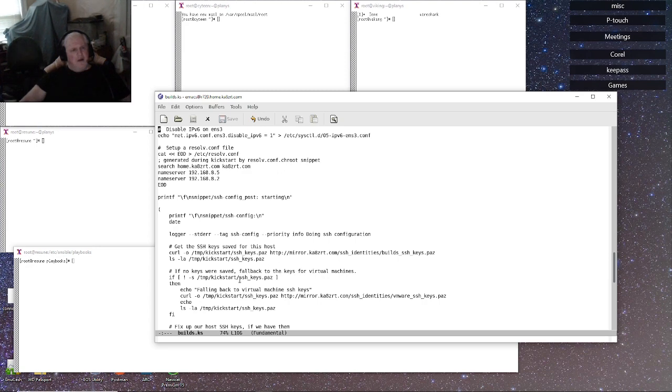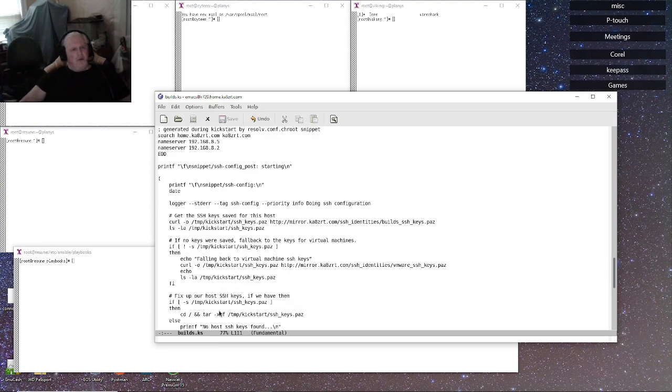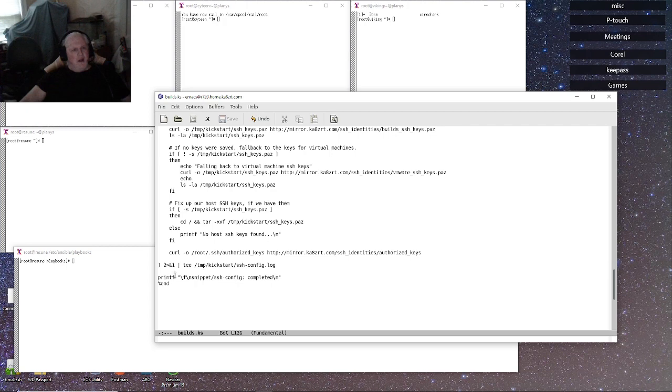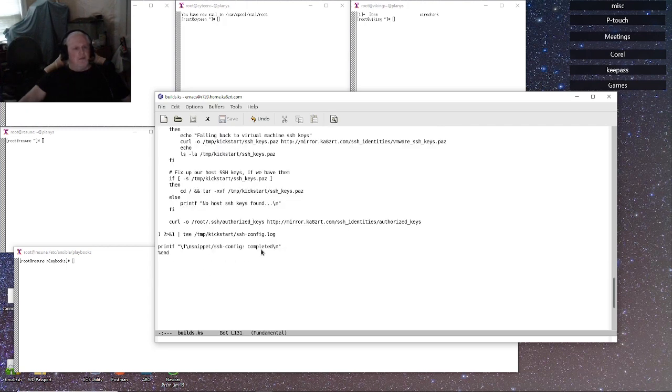And we also pull over our authorized keys files, and that's a snippet that I normally do an include, but I've manually included it here. And then we end the build